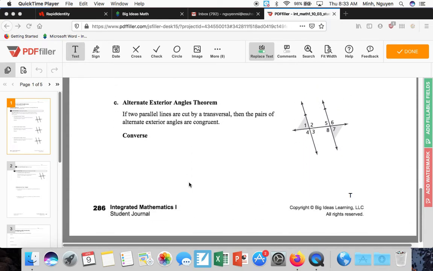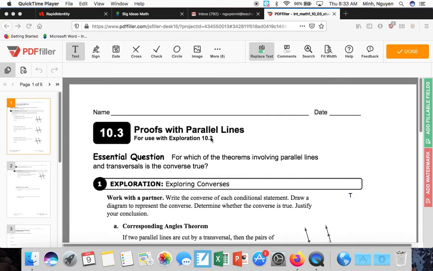Section 10.3, page 286 for your student journal. Proofs with parallel lines. So in 10.2, what we were looking at is,